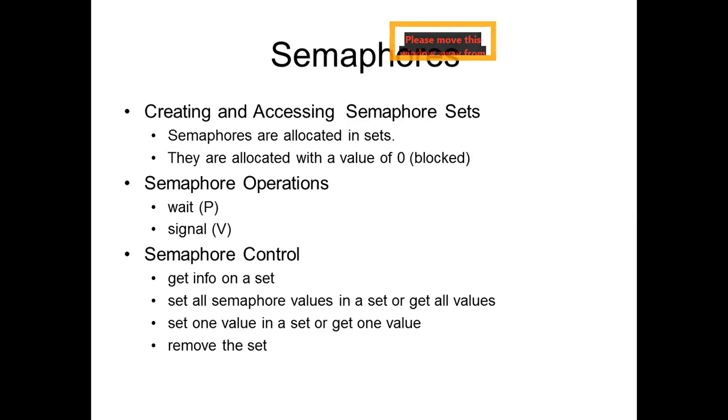So for semaphore operations, there are only two operations: wait and signal. Wait we indicate by P and signal by V. So first is called the wait and another is called the signal operation. Semaphores handle the critical conditions inside the critical section. If there are several processes in the critical section, then with the help of the semaphore we will resolve the problem. It will execute only one process at one time.